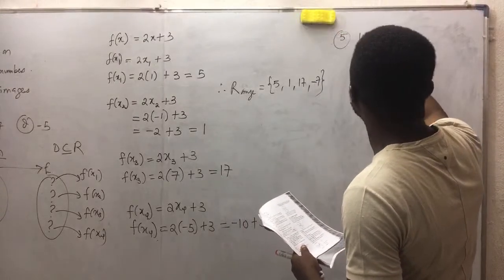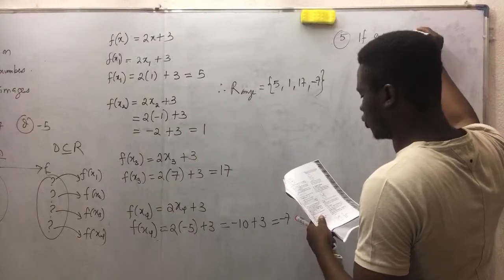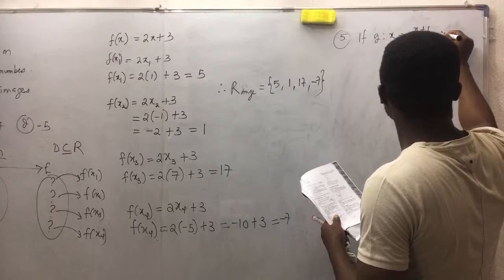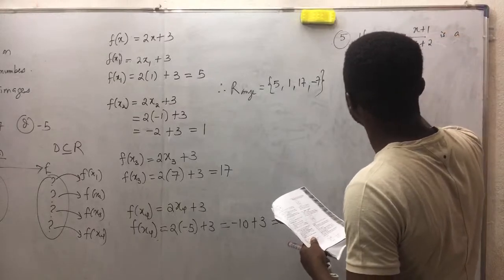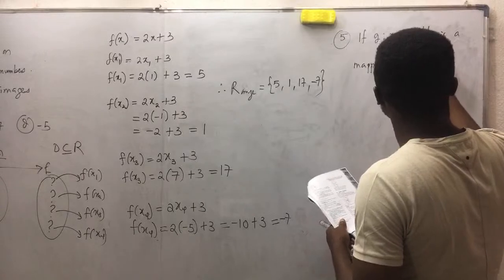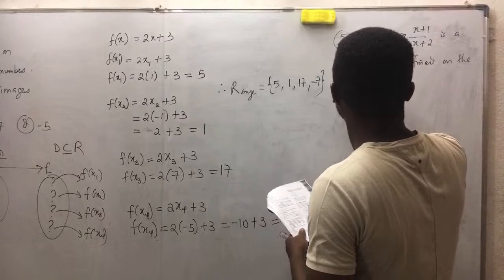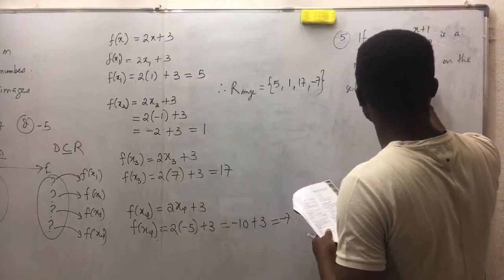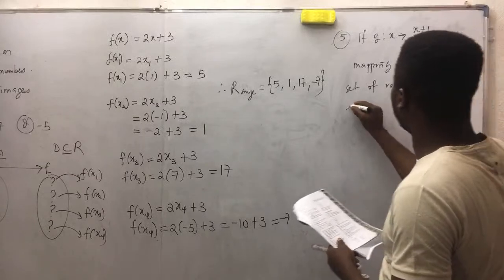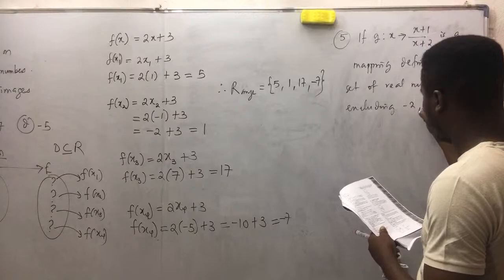So I'm going to write down question number 5. If g from x to (x plus 1) over (x plus 2) is a mapping defined on the set of real numbers excluding minus 2, find